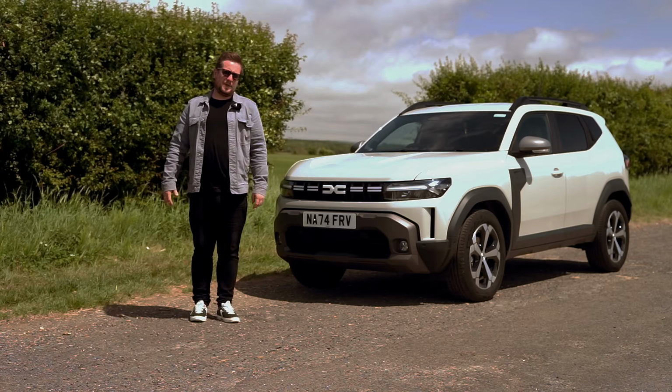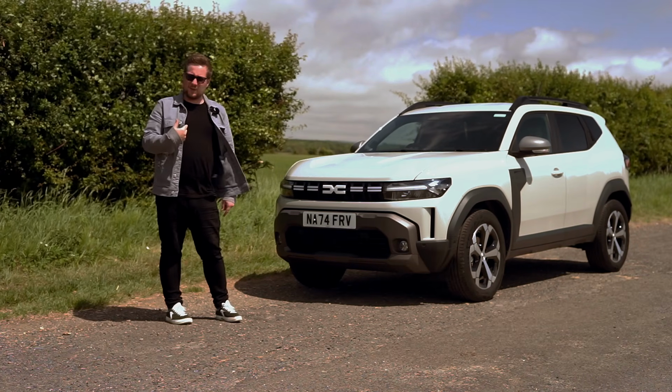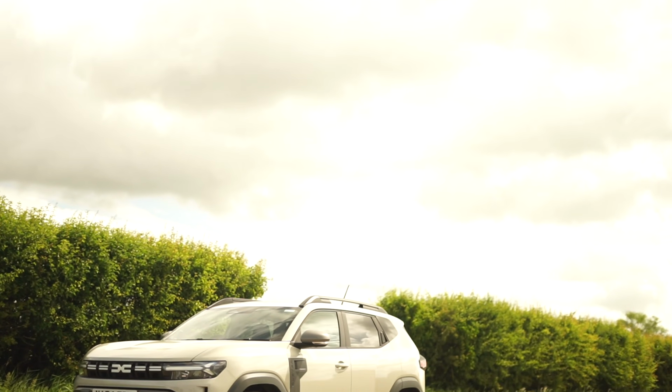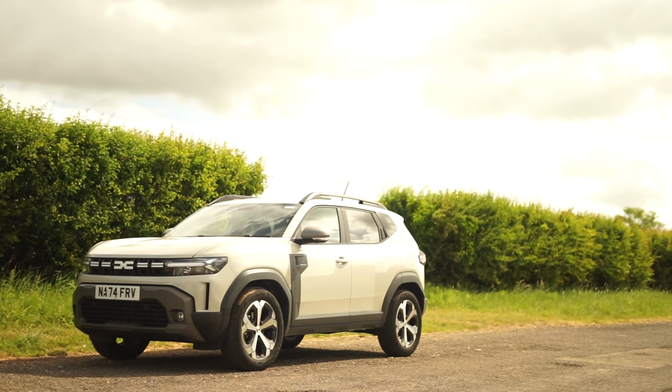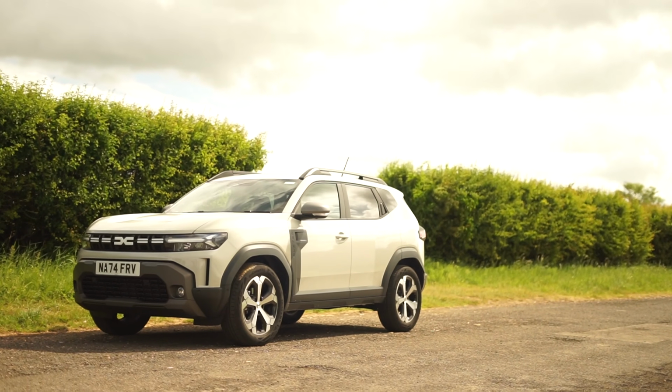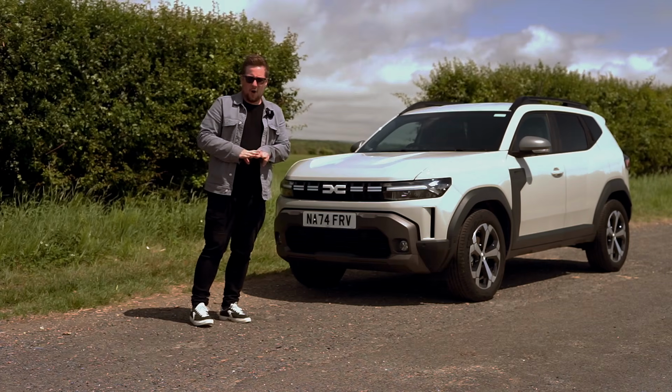Now, the Dacia Duster has been around for quite a few generations, 3 of which, in fact, as far as I'm aware, that's all of them, I have driven. This newest one is going towards that all-new EV mandate, because whilst it comes in 2 powertrains, only one of them can come as a four-wheel drive, and of those 2 powertrains it comes as 3 options, 2 of which